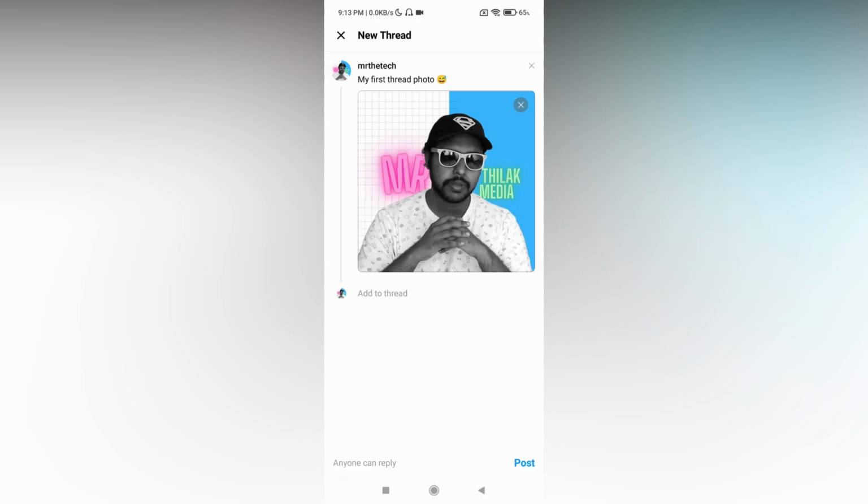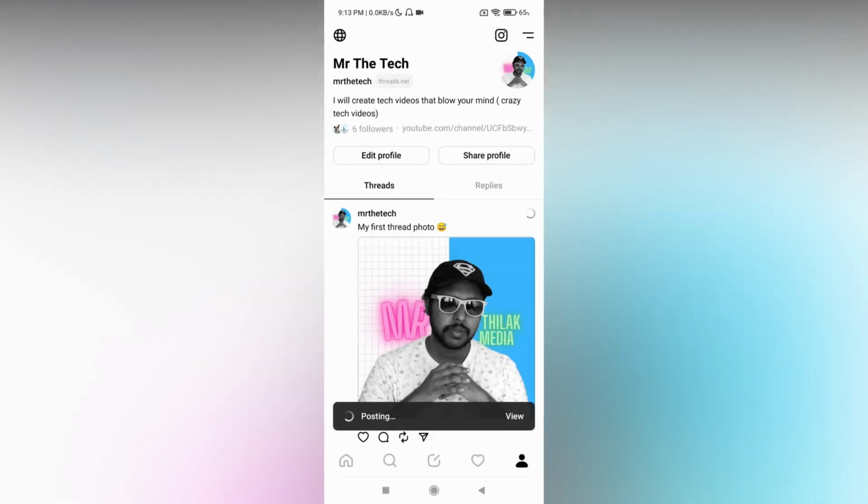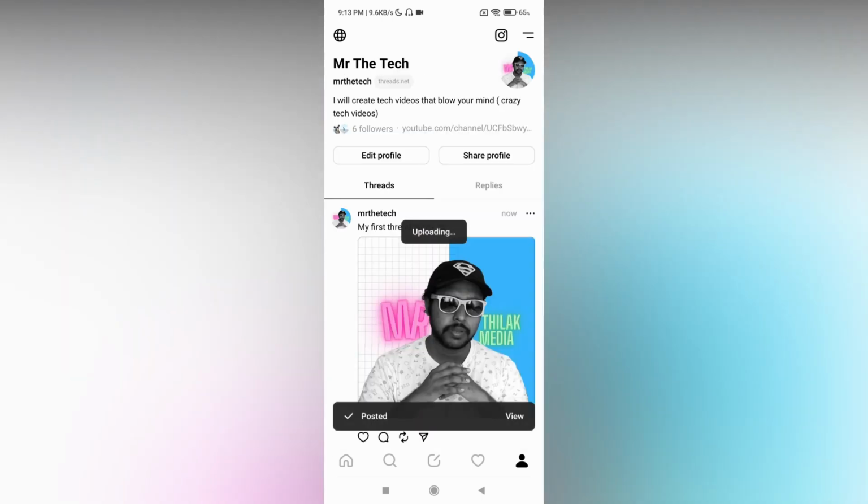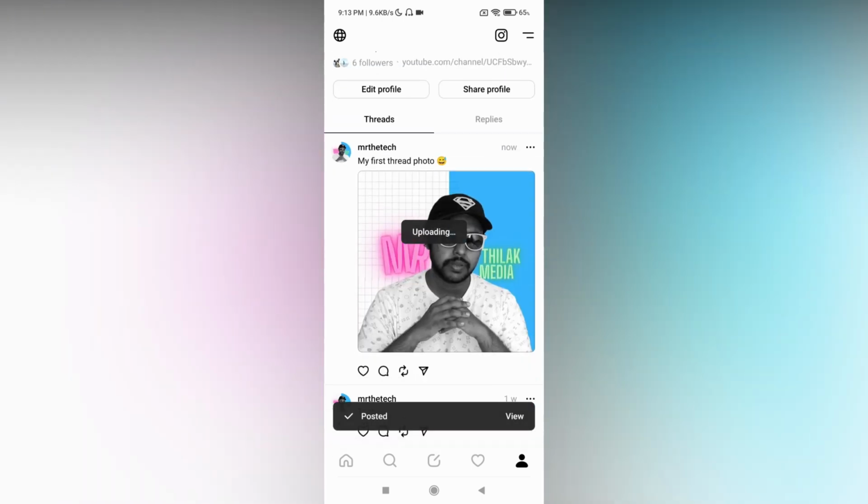Now it shows the photo with my caption. Now you can just click on the post option below. Now your photo has been posted on the Threads app like Instagram or Twitter. So now you can see anyone can like this photo, comment on this photo, or repost this photo and share the